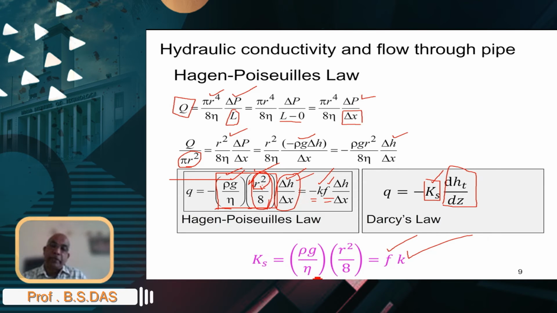Rho g over eta, which is the viscosity, the coefficient of viscosity, and that is related to the radius of the pore spaces, right? And how the pore radius is distributed, for instance, in soil. So you can easily see that, when we are drawing this equivalence between the Hagen-Poiseuille's law and the Darcy's equation, we are actually talking about those pore spaces through